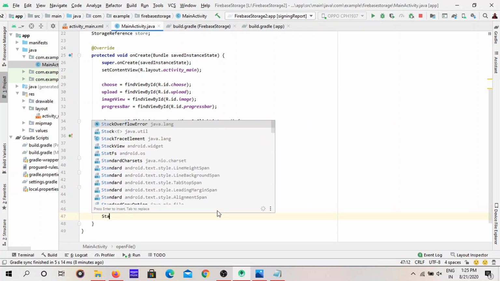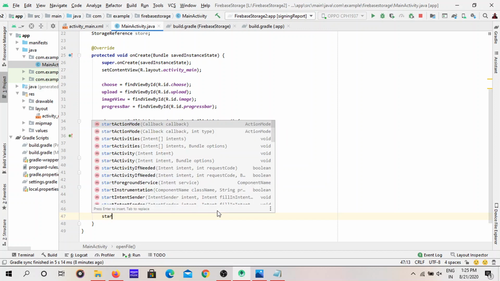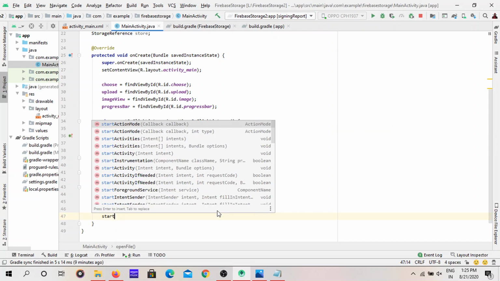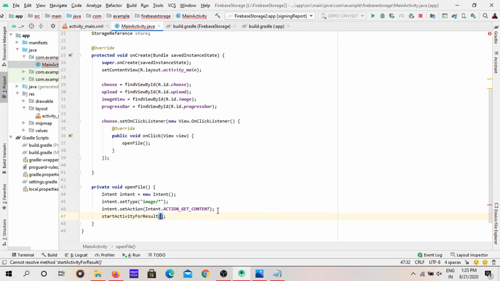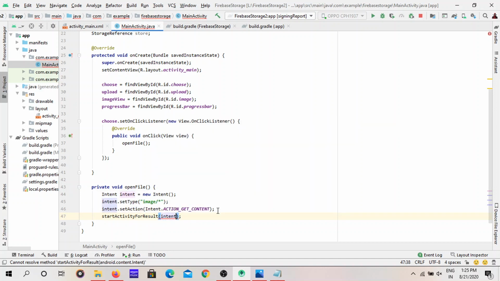We have to just start this intent. Start activity for result. We are going to start this intent, right? Now see, through this Java code we are saying to start an activity for result.